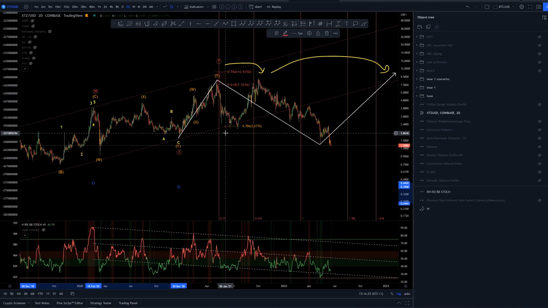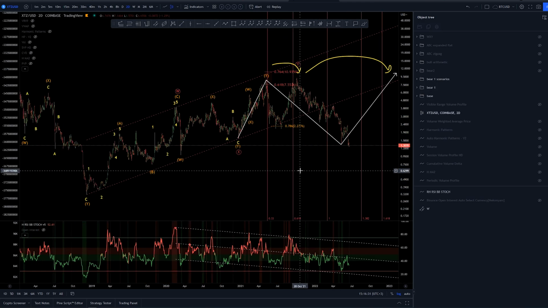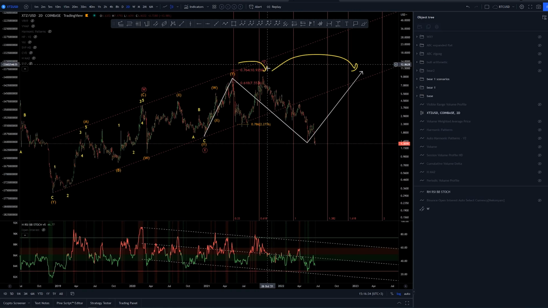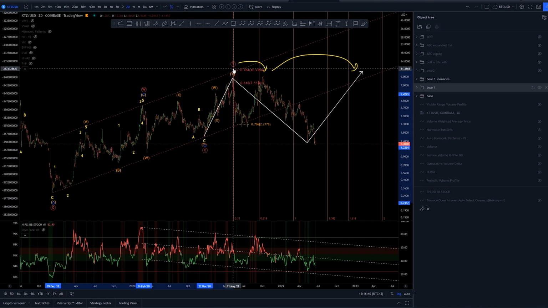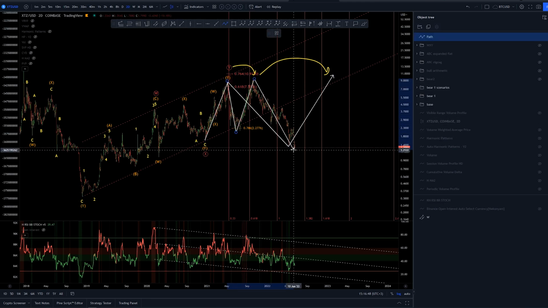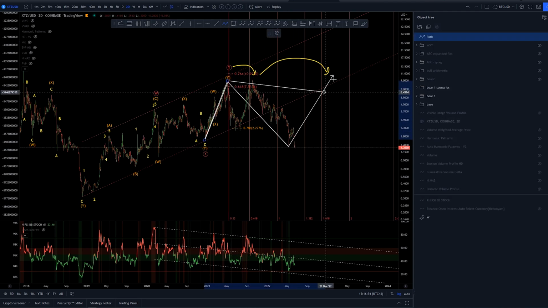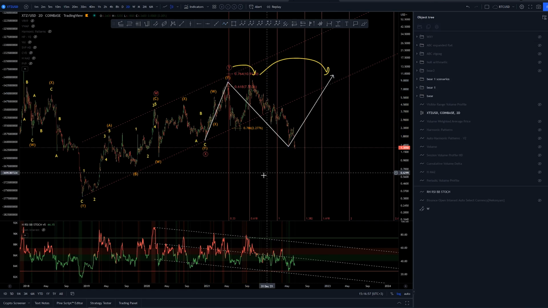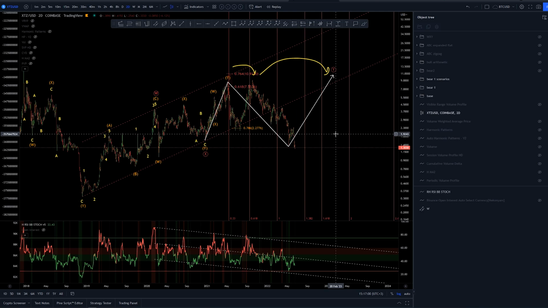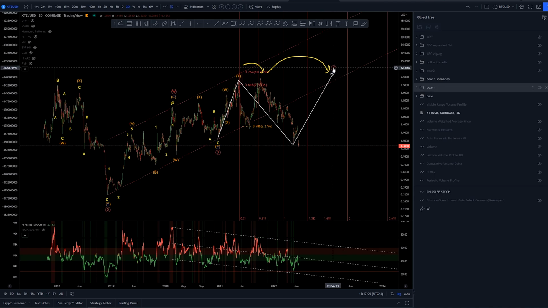We can get 3-wave structures on both of these, which would get our wave Y here, and it wouldn't really change too many things. Instead the next structure here would be starting from the tip top here and not here. So that is one possibility. Of course there is also a possibility that this whole structure here in the middle is just a connector to connect this first leg into the second and then third. That would be another 3-wave sequence, and at that point we would have only the wave Y here. Now I don't really like this too much, just because it creates the wave Y so much bigger